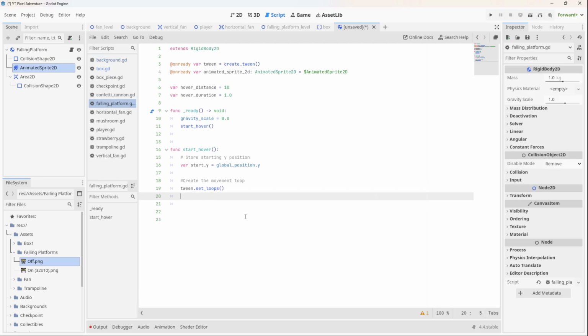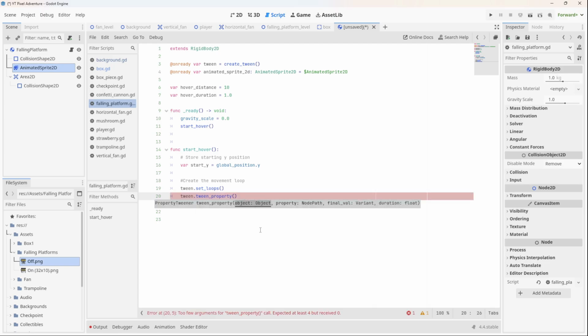Now, we want to tween a property. And the way tween works is you say tween dot tween property. There it is. Okay. Now it wants the object, the game object, to apply the tween to. So the game object is this falling platform that we're in. So it's just itself, right? The next thing it wants is the actual property. And what we want is the global position, and specifically the Y position. We're moving the platform up and down. So we're going to say the Y position,